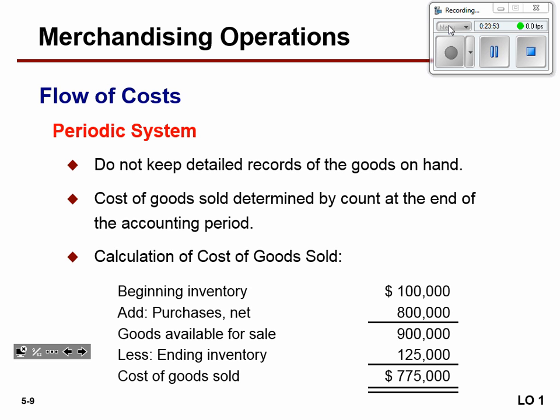A periodic system then doesn't keep these detailed records. It's not to say they don't keep records. It's just that when the $100,000 Corvette goes off the lot, if they were using a periodic system, they'd be like, well, we might sell another one, and we might sell another one. Let's wait until the end of the fiscal period and figure out the cost of all those Corvettes that left our lot, instead of knowing every time. Again, the system is not wrong, it's just different. The cost of goods sold is only going to be determined by counting what's left at the end of the accounting period.